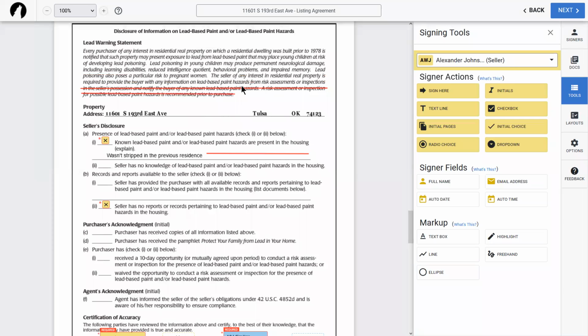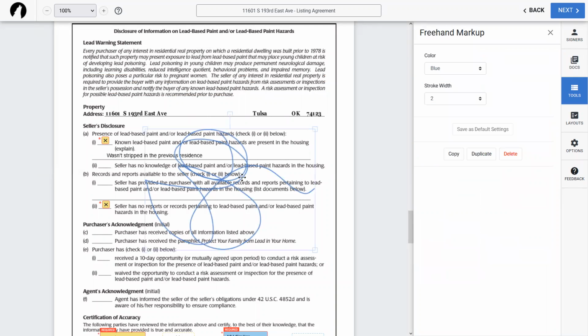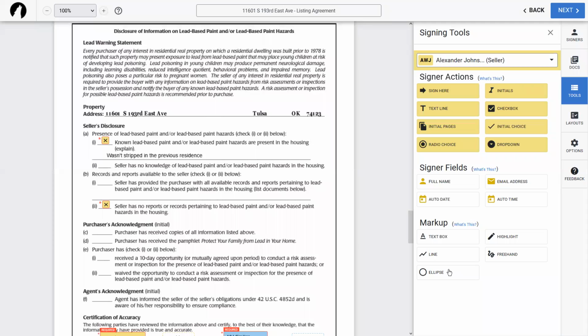I'm going to just click on each of these and hit delete to get rid of those. Or I can just move it around over and over again. There we go. There's also the freehand option. This one's just a little bit more loopy. And there's also an ellipse if you guys needed to make a shape of some kind.